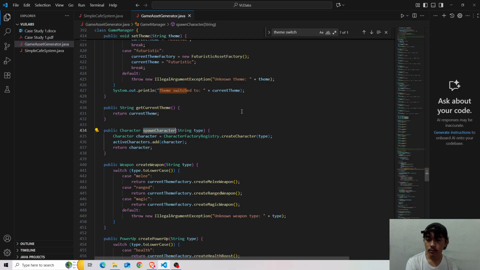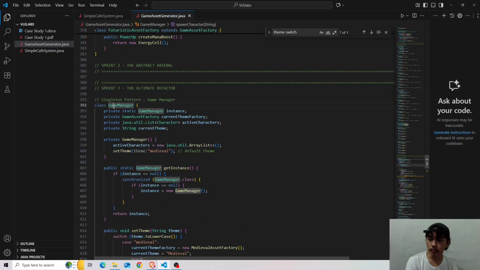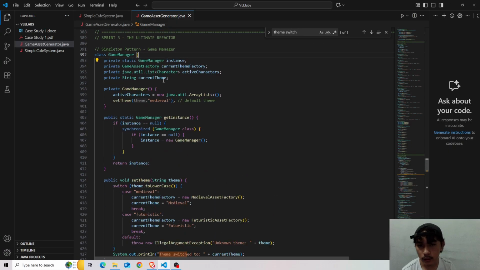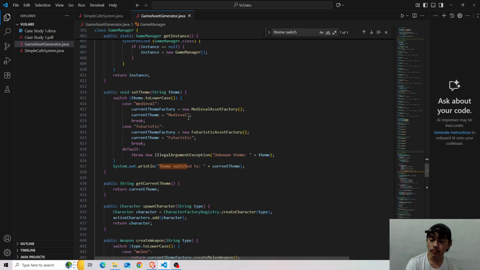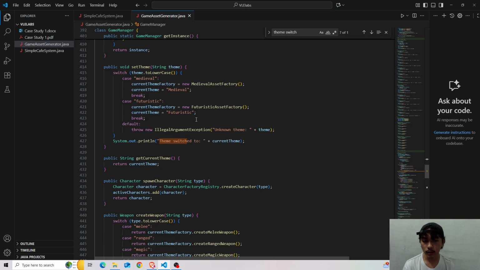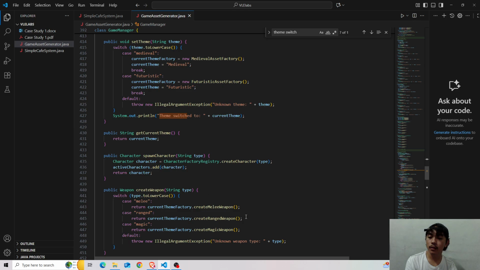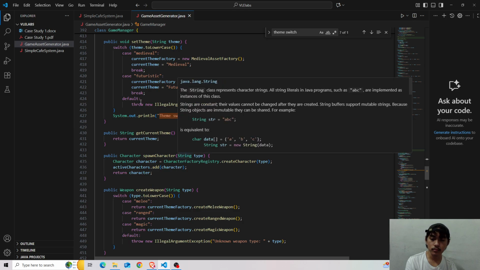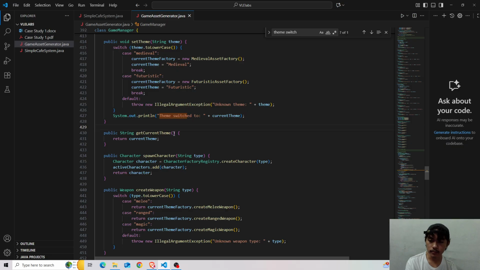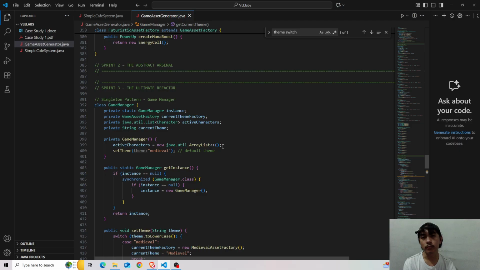Okay, so it's inside the game manager, so this makes sure that all the spawned characters are counted, and made sure that these characters are running properly inside a single instance of the game manager.